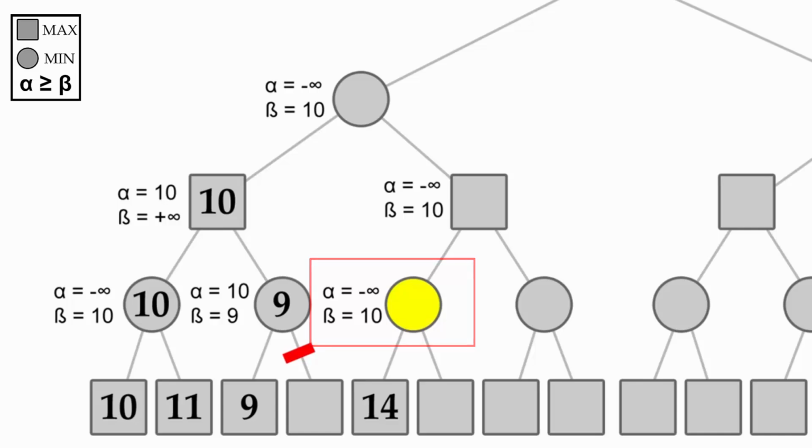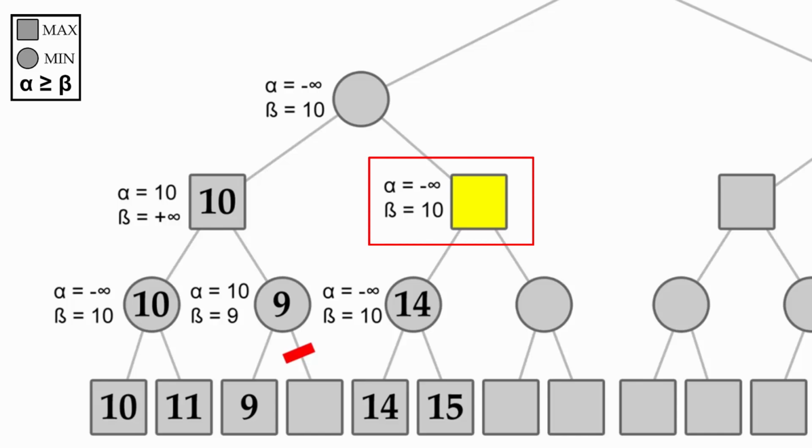We will explore the next terminal node. Perform the heuristic evaluation, and we get a 15. So now we backtrack to the parent min node. The value of the min node will be 14 because 14 is going to be less than 15. And beta doesn't change because the 10 is going to be a better value for min than the 14 or 15. Now we'll backtrack to the parent max node, and we'll replace its alpha value of negative infinity with 14